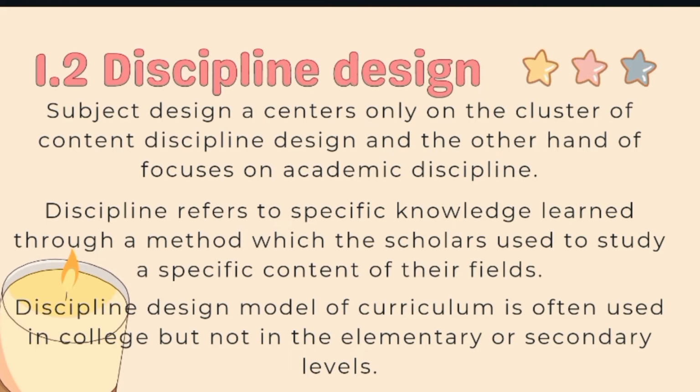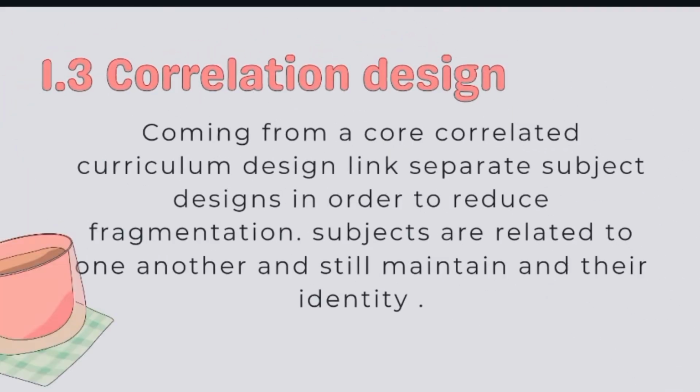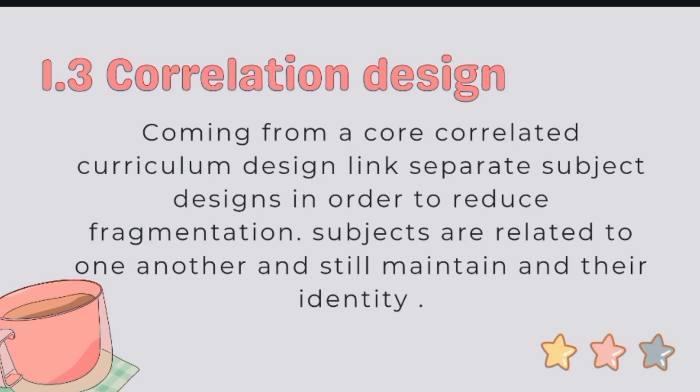So, next is the correlation design. Correlated curriculum design links separate subjects in order to reduce fragmentation. So, subjects are related to one another and still maintain their identity. For example, English literature and social studies are correlated